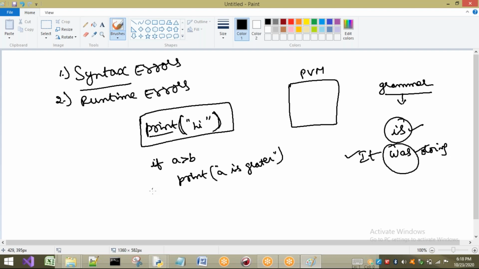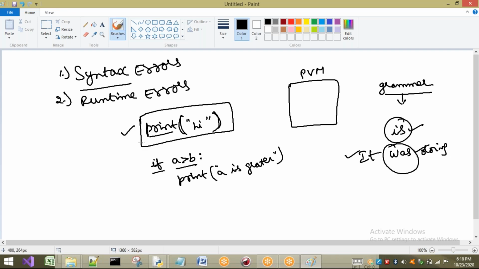But here I have not written any colon, so it will clearly tell us there is a syntax error, you should write a colon. Okay, so first I will show you the syntax errors.